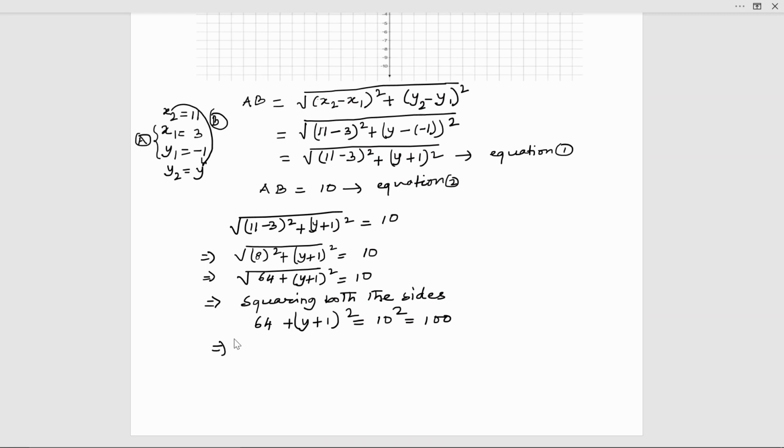Now I am expanding (y plus 1) whole square, which is basically y square plus 2 into y into 1 plus 1 square, equal to 100. So this whole thing is basically (a plus b) whole square, which we have already read in the primary class. So y square plus 2y plus 1